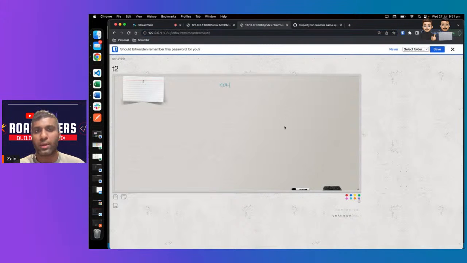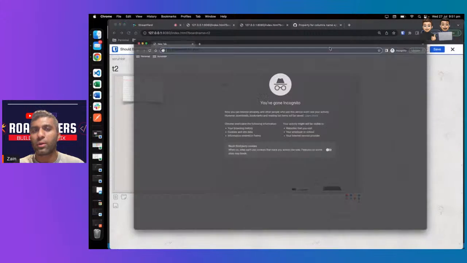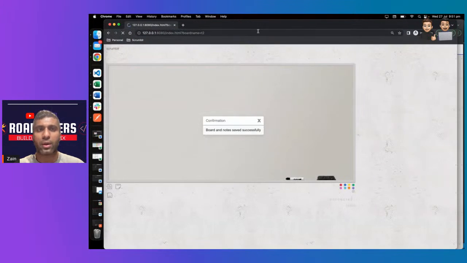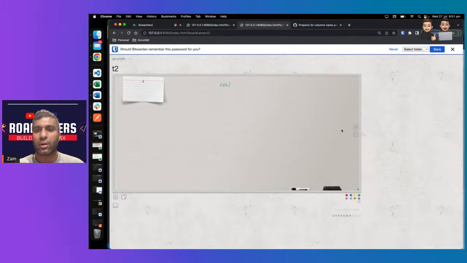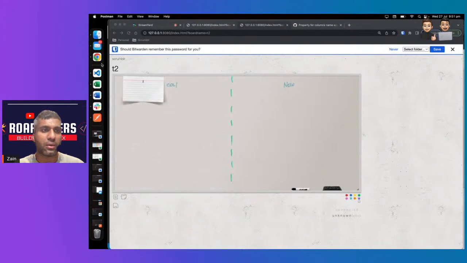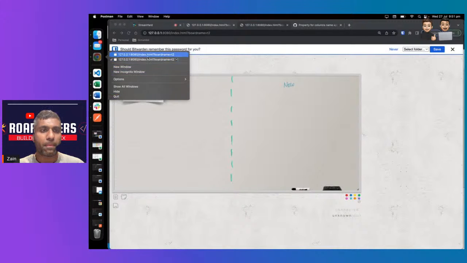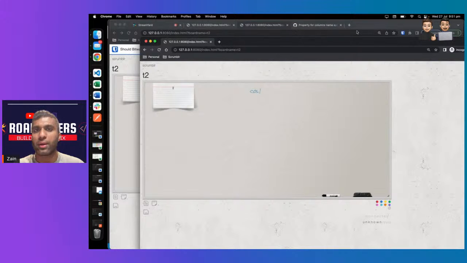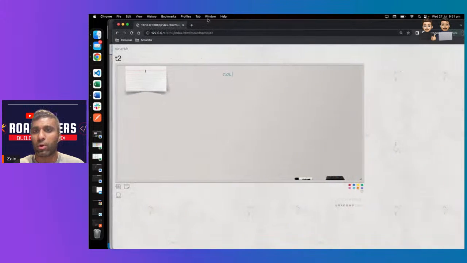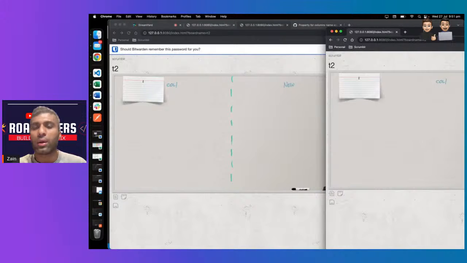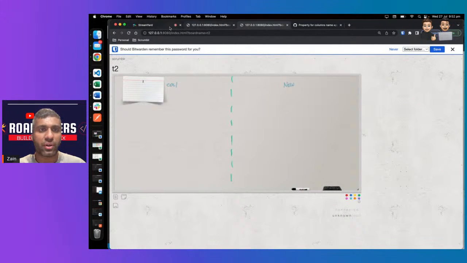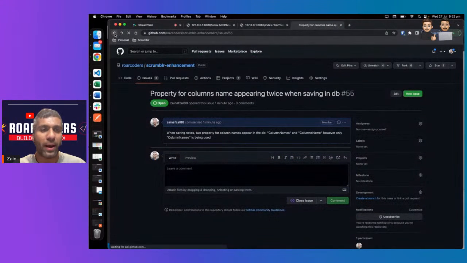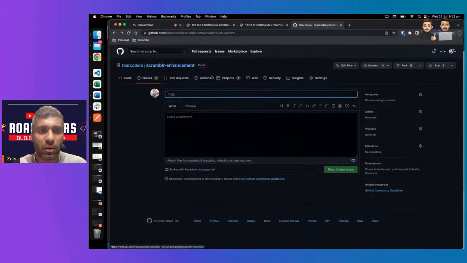How I can tell is when I open the WebSocket and do that, and then I create another column, and I won't see any column here. See, that is what we want to work on. Okay, and I think I've already done this functionality before, so we're going to go back in the